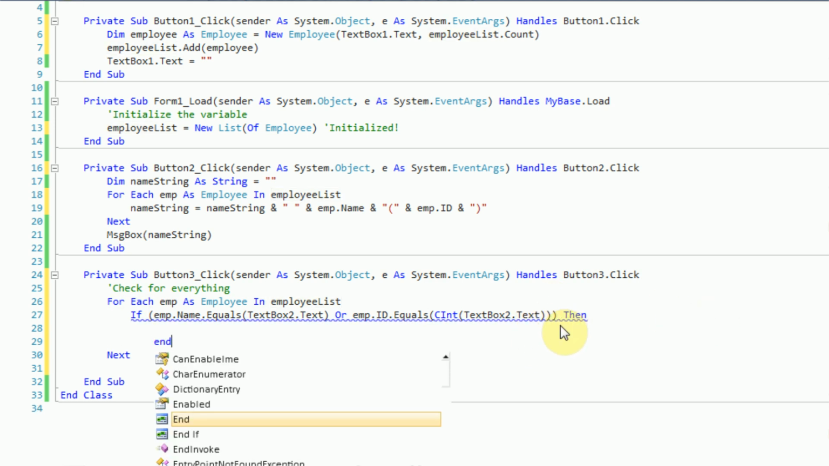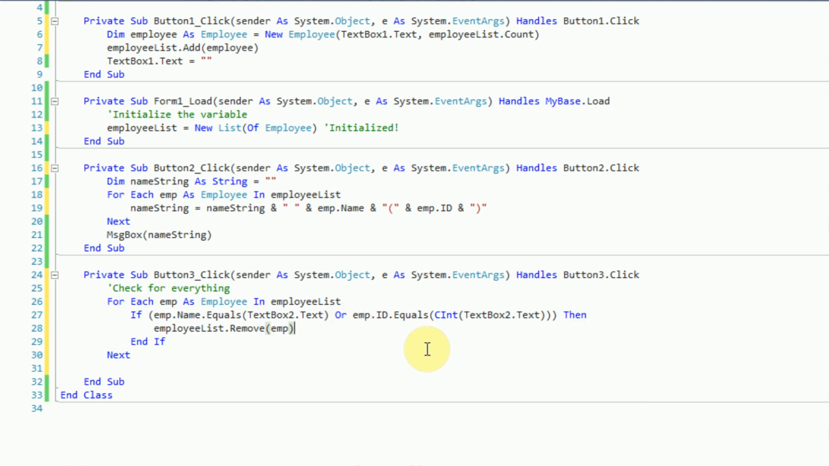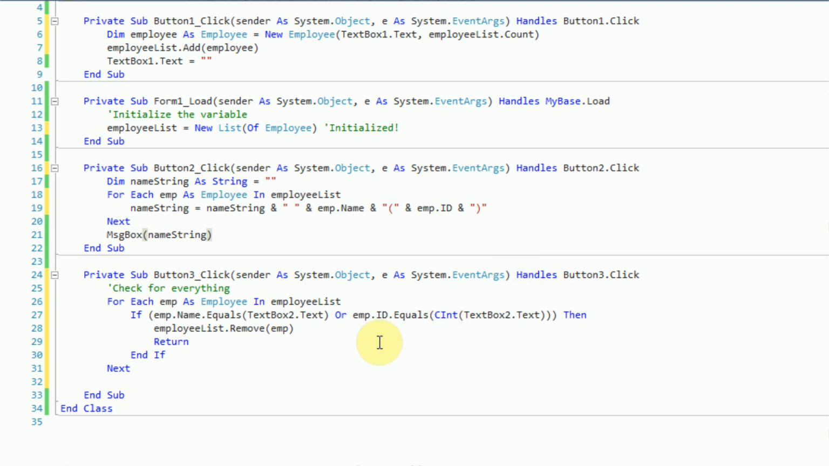Then we are going to employee list dot remove emp, and then we are going to actually return here. So what we are doing here is we're scrolling through each employee in the employee list. And since the user can either enter an ID or a name inside of this text box, we are checking each employee to see if the name equals the text box text or if the ID equals the text box text. But before we actually check if the ID equals the text box